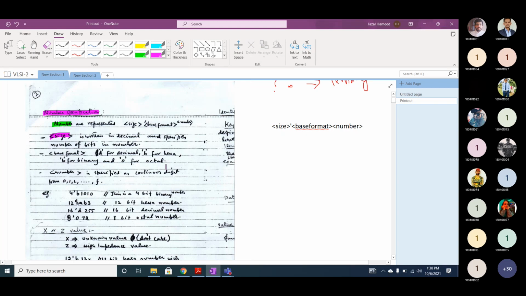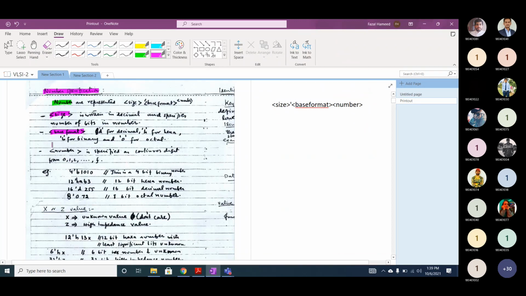Size is written in decimal and specifies the number of bits in a number, whether it's a 4-bit, 8-bit or 32-bit number. The base format tells you the representation of the number, whether you want to represent this data in binary, octal, decimal or hexadecimal. And the number is any continuous digits. I will give different examples.